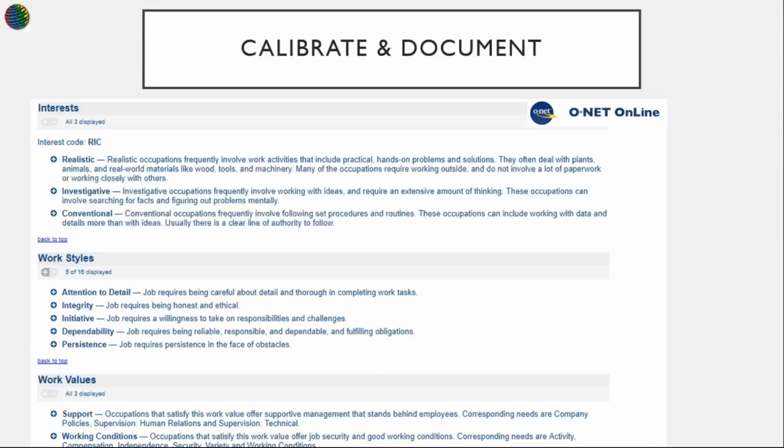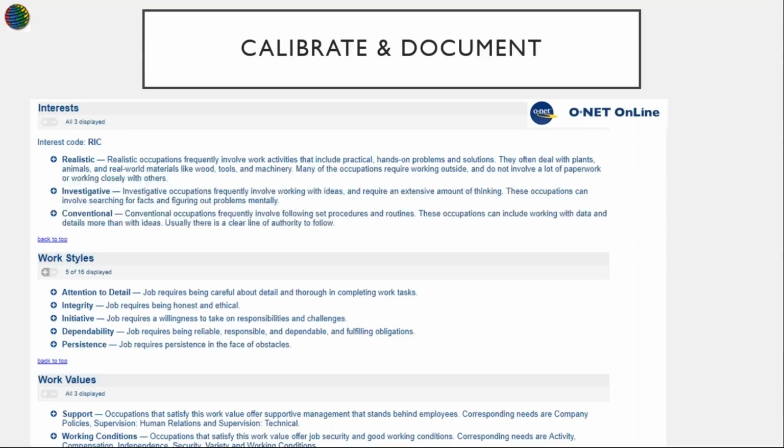Then what you want to do once you have all of that information in, right before I would say you lock that benchmark in for use, is to find a couple of additional sources to calibrate it. My favorite is the O*NET. So if you were to Google O*NET Online, there is a resource that the government provides that looks at many different areas of any position. So you can simply go to the O*NET and search for nurse or search for engineering manager, and it will bring you up a variety of pieces of information about that job